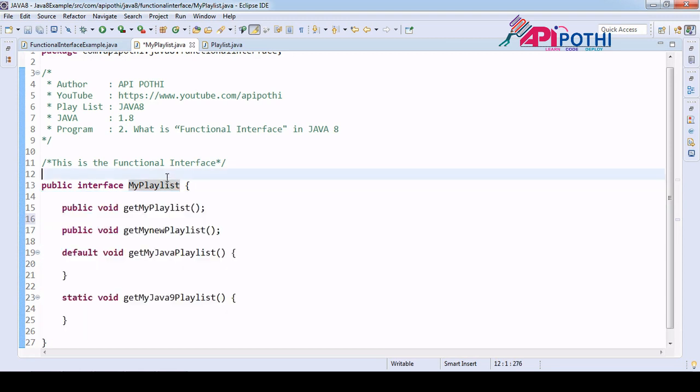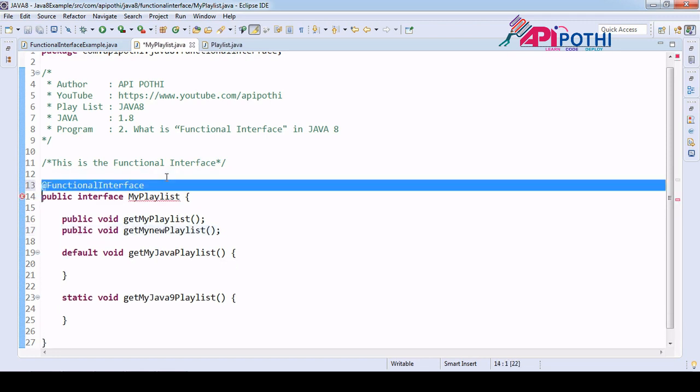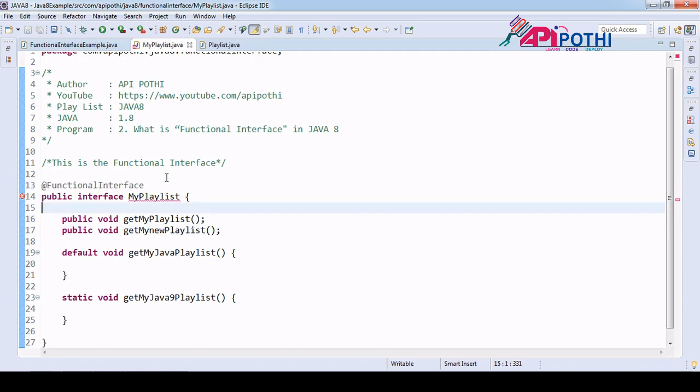interface. Okay. So to protect this kind of interface, saying that this is the functional interface, please don't touch it or please take some extra care, that is the reason the annotation called FunctionalInterface came. So this is optional if you have very good communication on this interface, but for safer cases this annotation will protect your interface, saying that this is the functional interface. You need to consider this interface as per the functional interface rule or definition. So now I have annotated this one with @FunctionalInterface.